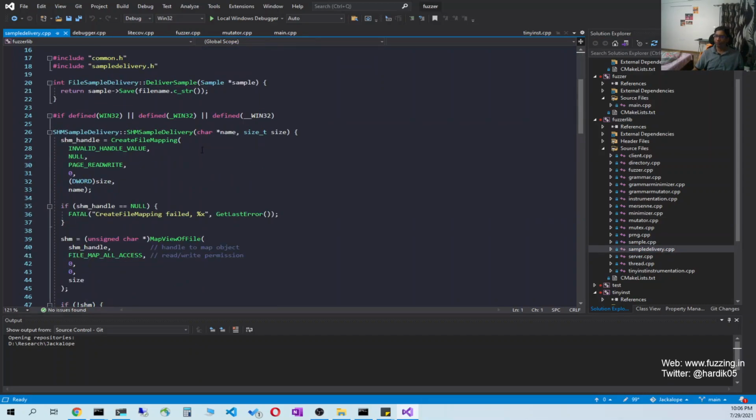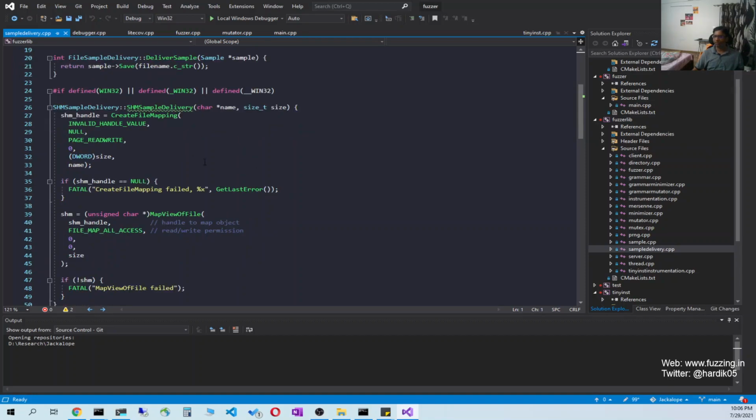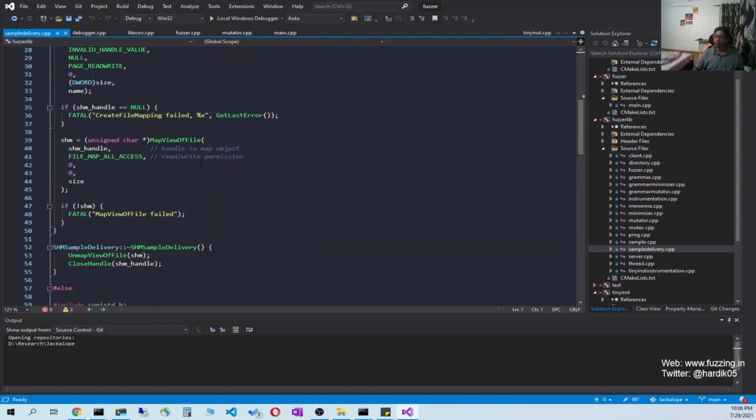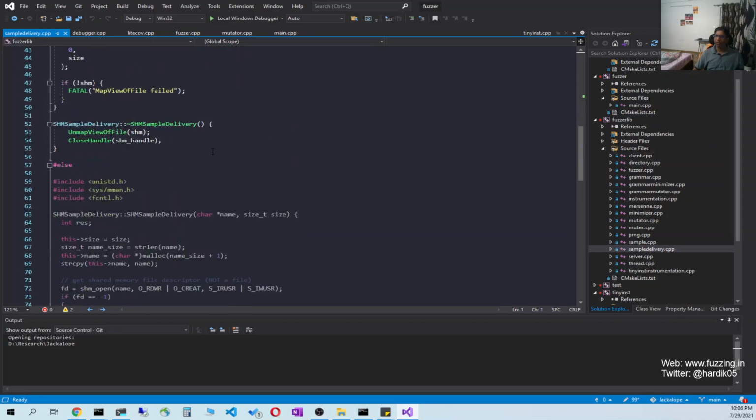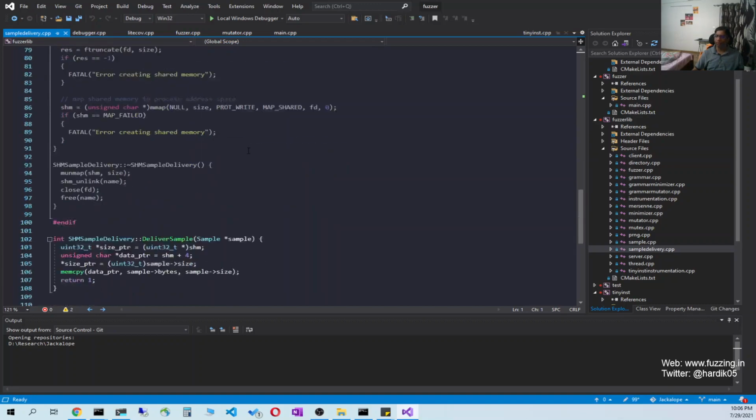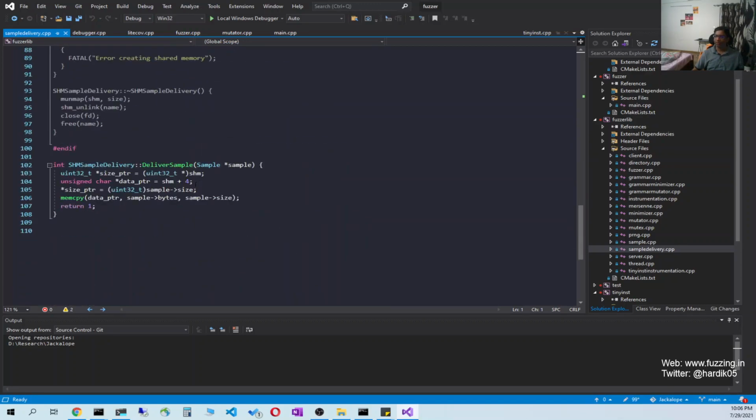This is the code responsible for delivering the mutated sample to the harness program, so that the fuzzer can monitor it for crashes. This code is responsible for copying data to the shared memory, as you can see over here.